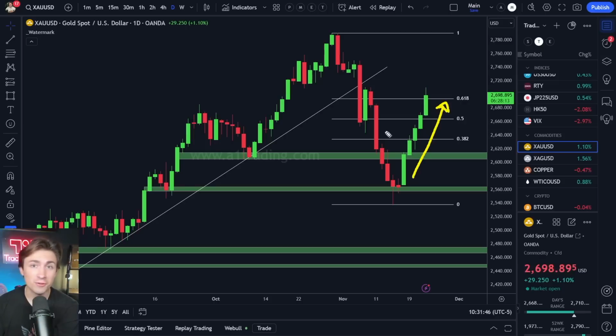But this is why I don't look solely at technicals, because the fundamentals are telling me trying to short gold here is tricky because we have a lot of weak economic data coming out of Europe. And in fact, that sort of propels gold higher. So I'm very neutral on gold currently because yes, some of the economic data out of Europe is looking a